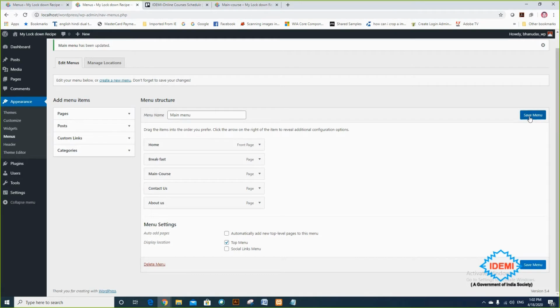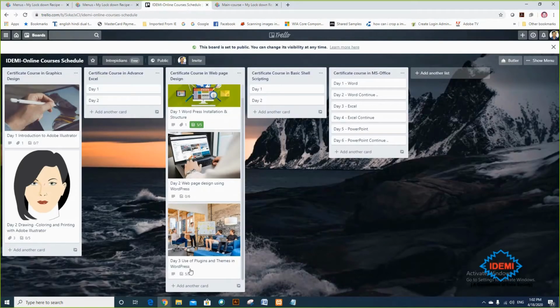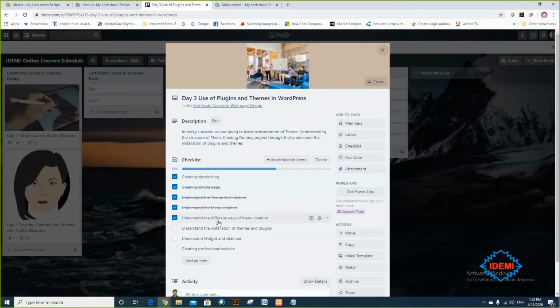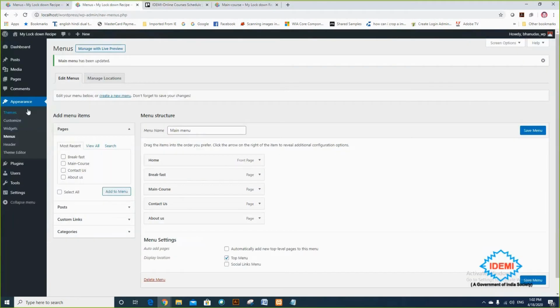So all menus are now based on the page only, because we learned the different ways of creating a menu. I already explained. Let us understand what the themes and the plugins are, and how we use a plugin here.